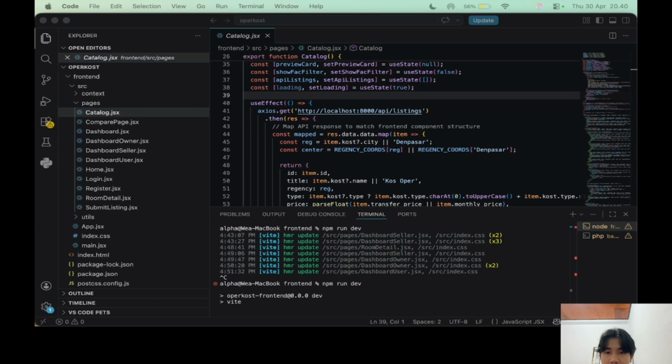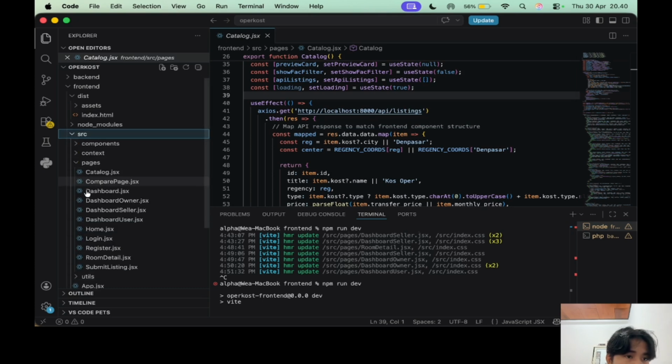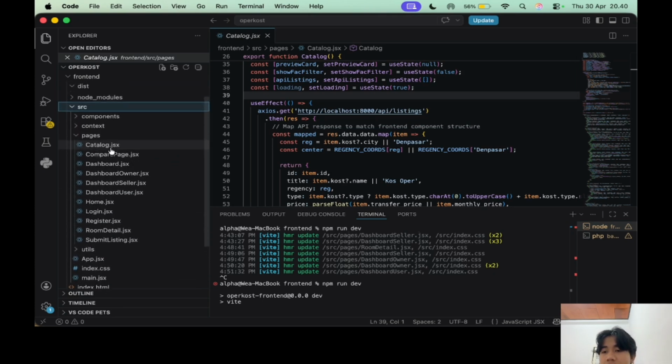Now I will briefly explain the technical structure of the front-end application. The project is built using React and Vite inside the source directory. The code is cleanly separated into several important folders.